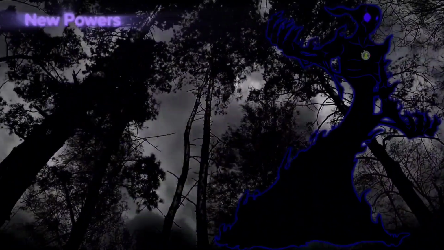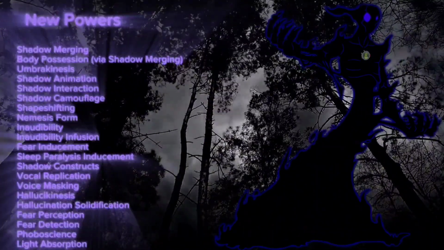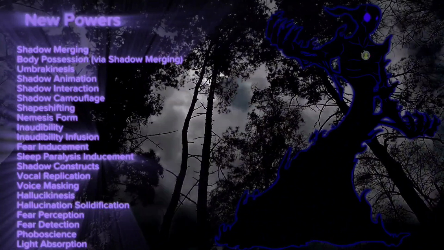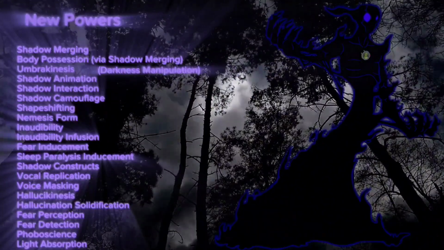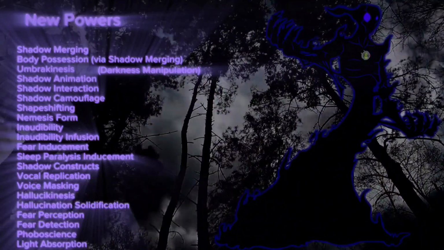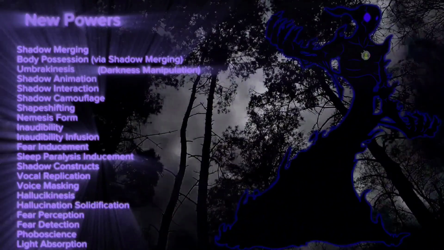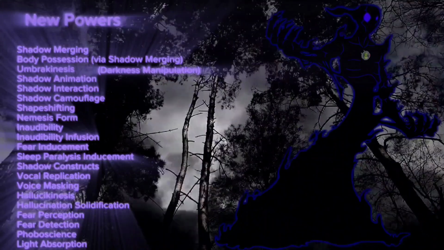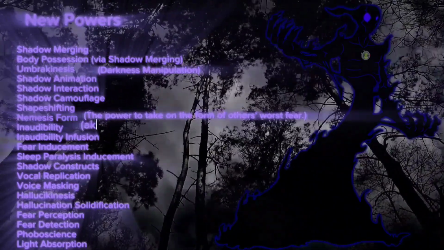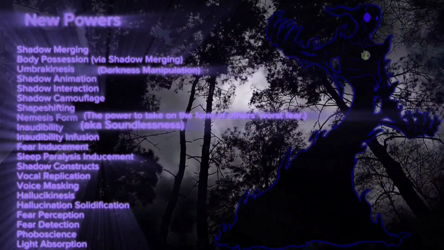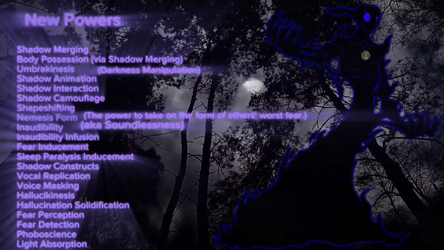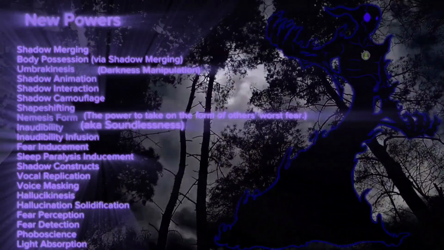New powers include shadow merging, body possession via shadow merging, umbra kinesis, which is darkness manipulation, shadow animation, shadow interaction, shadow camouflage, shapeshifting, nemesis form, meaning he could take on the form of someone's worst fears, inaudibility, which is a fancy way of saying soundlessness, inaudibility infusion, meaning he can make anyone or anything as inaudible as he is,